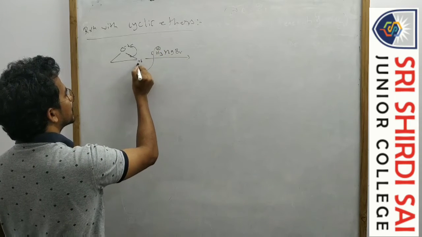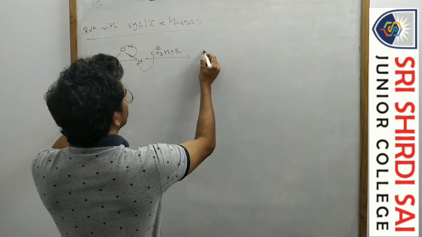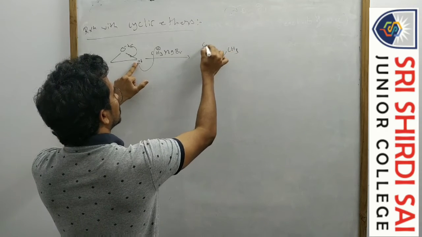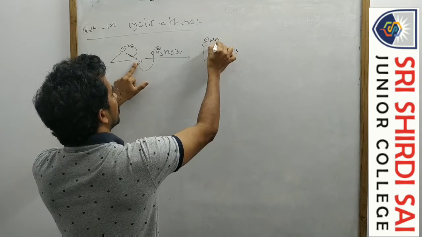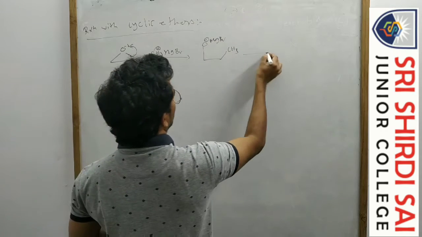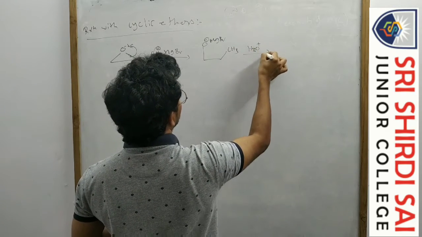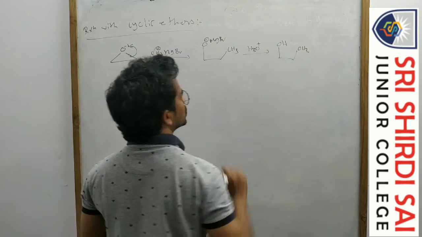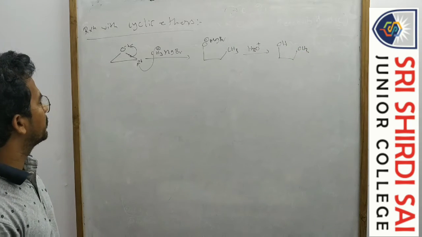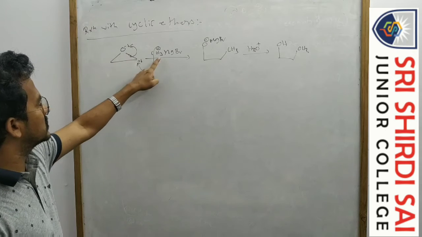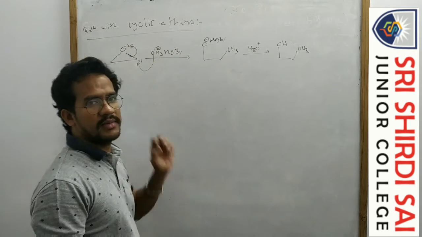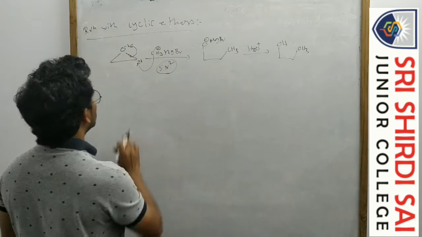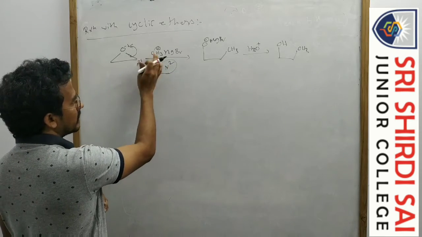So here CH3 minus attacks this carbon. Now this carbon is bonded with the methyl and the oxygen is converted into O minus MgBr. Now on hydrolysis, on acid workup, that becomes an OH and this one CH. So that is the product. By the breaking of this carbon-oxygen bond, CH3 minus nucleophile attacks from the backside, so it is nothing but an SN2 type mechanism. Okay, it is symmetrical, so either side can be attacked by the CH3 minus.